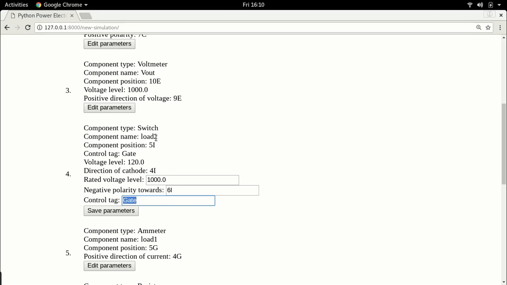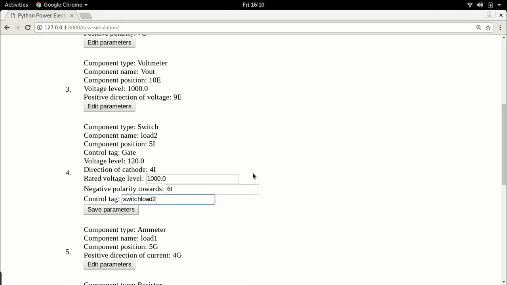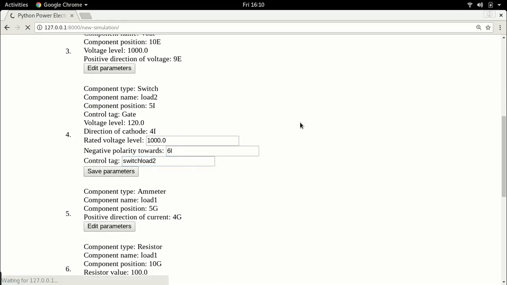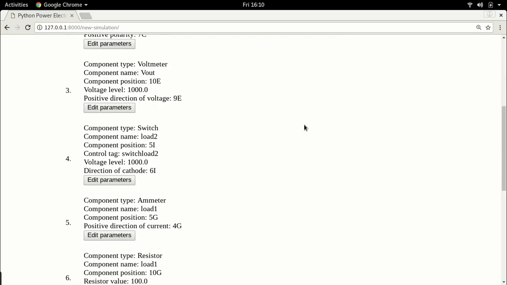Control tag is like a unique control name for this switch. And I would say, as with the name of a switch, try to make it as verbose as possible. So I would call this switch load 2. Good enough. Okay. Save parameters, and we are done. So you see, it has been saved. Ammeter,